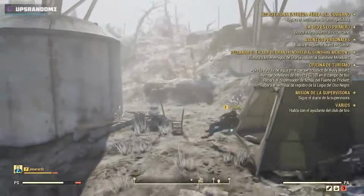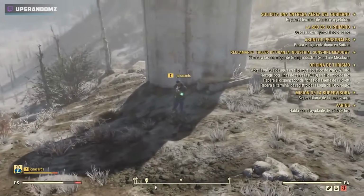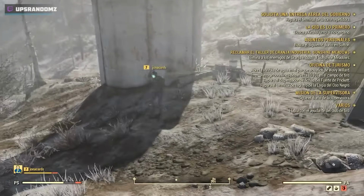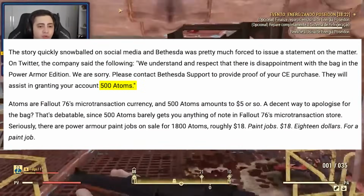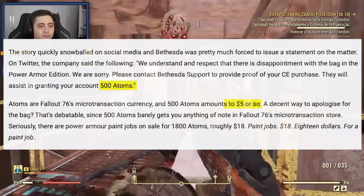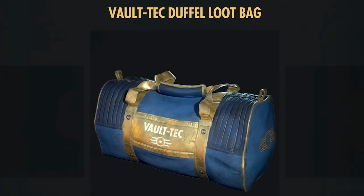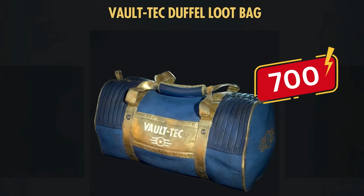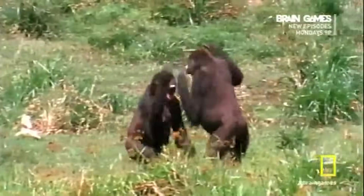And then Bethesda came out with the compensation. However, this made everything even worse. Players received 500 atoms for the Atomic Shop, which equals about $5. Ironically, this wasn't even enough to purchase the in-game canvas duffel bag, which was 700 atoms. As you can imagine, this was not a very good compensation, and instead of calming the players down, this made